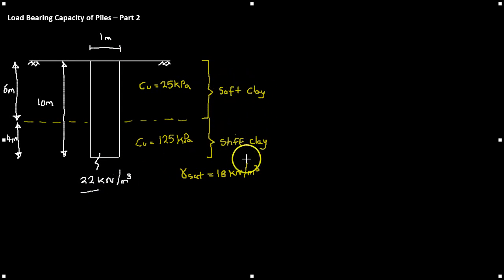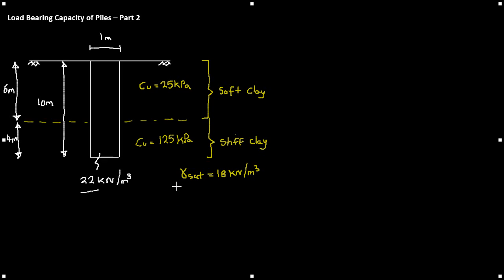pile is in. The first layer, 6 meters deep, is soft clay, and the cohesion of this soft clay is 25 kilopascals. The second layer, 4 meters from the bottom of the first layer, is a stiff clay, cohesion of 125 kilopascals. Both the soft and stiff clay have a gamma sat, or a saturated unit weight, of 18